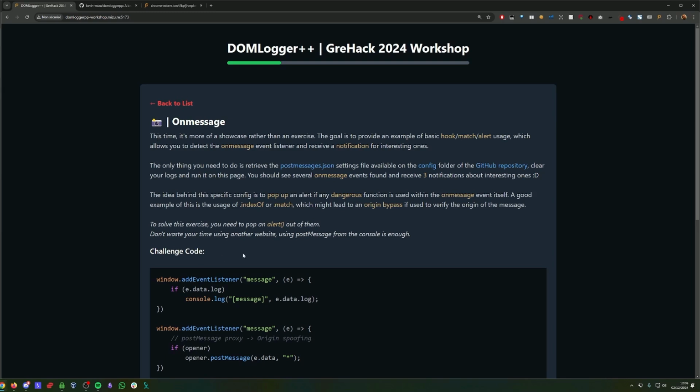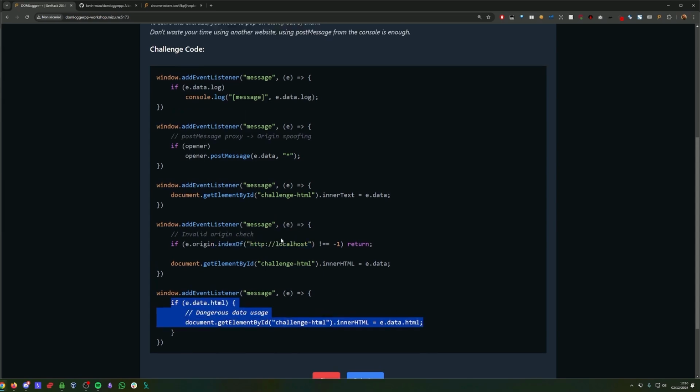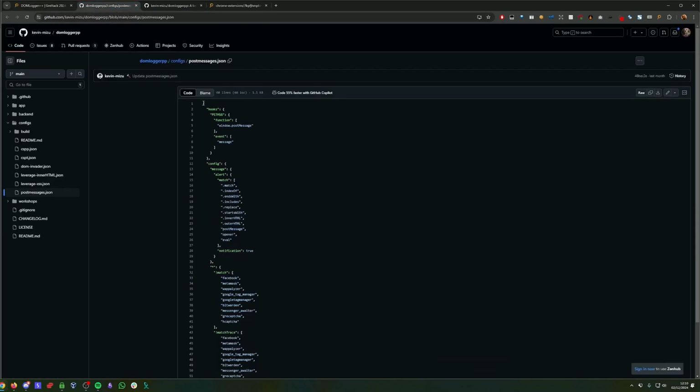The idea here is, if we end up on a page where we have a lot of messages, being able to detect things where we would be able to spoof the origin, or having some interesting sink, but being able to have origin check bypassed, or even direct usage of the data itself. So here we're going to use the post message version,